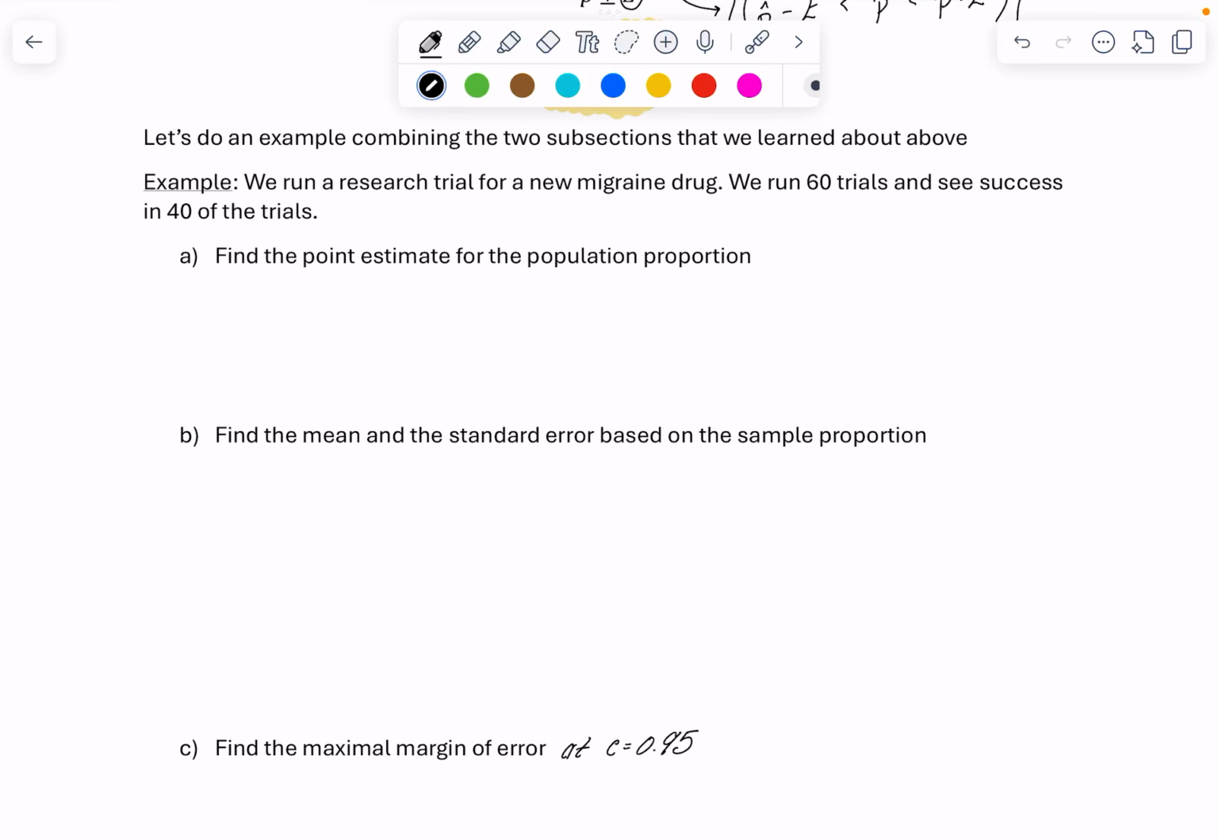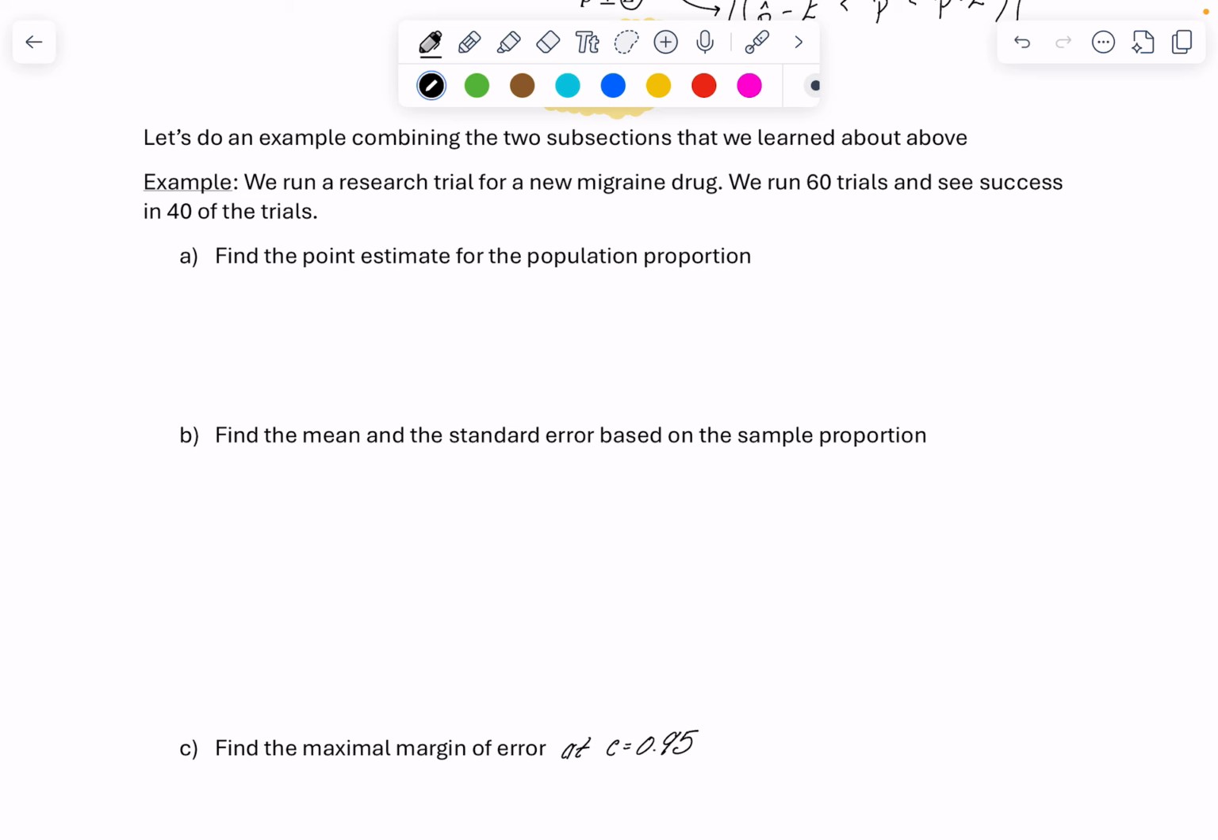All right, let's do an example for our proportions, okay? So here we're going to run a research trial for a new migraine drug, and we ran 60 trials and see success in 40 of the trials. So the first part of our example here is to try to find our point estimate for the population proportion,